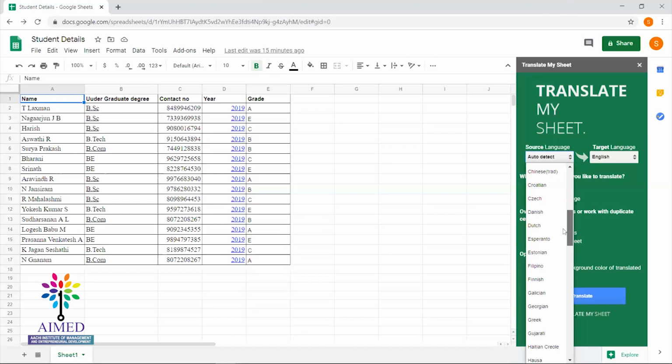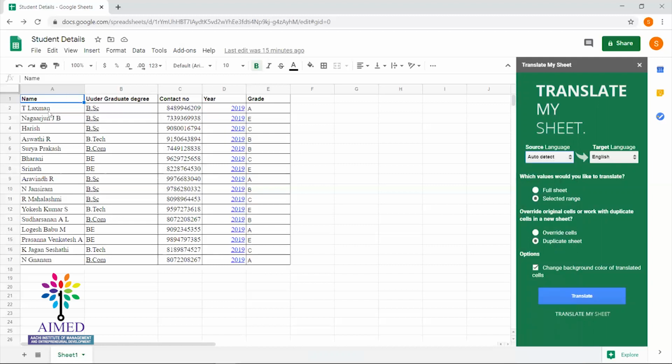You can find many Indian languages like Hindi, Tamil, Telugu, and so on. So auto-detect means it will automatically find the source language. Again, the next option is which values you would like to translate.